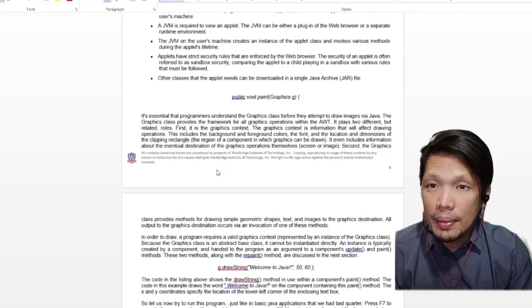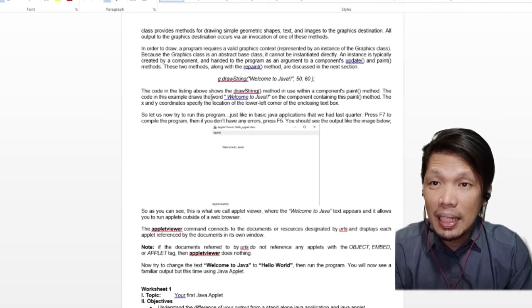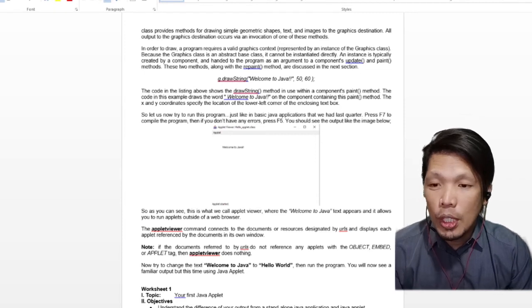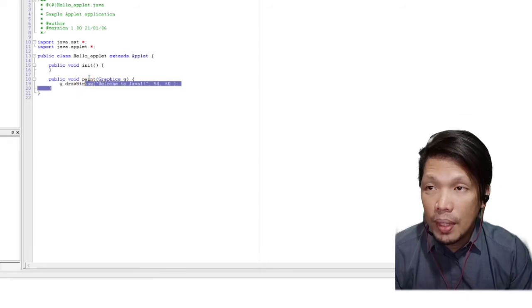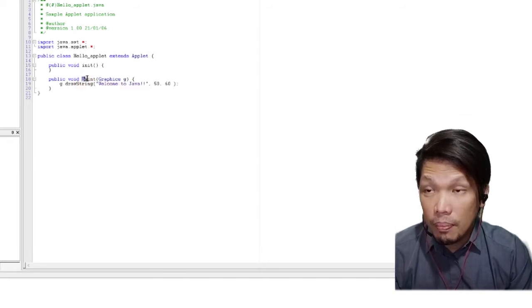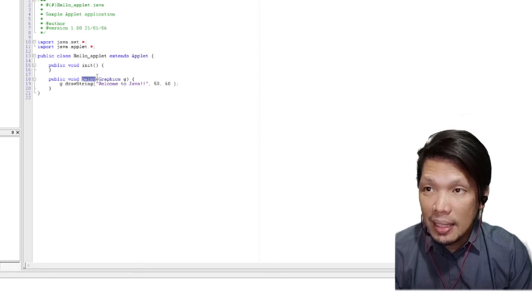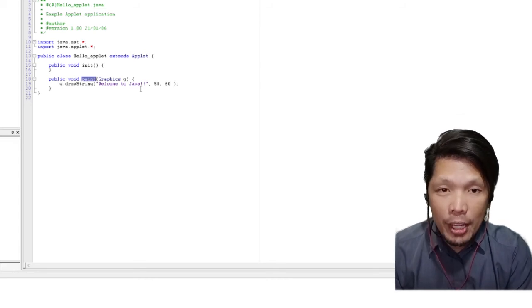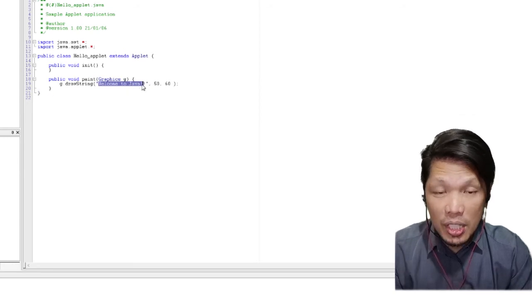Where is that? Here. This code in the listing above shows the drawString method in use with the component's paint. So it's more on the drawString and the paint. Since I said earlier, this is more on the objects to be inserted in our program, this works hand in hand to be able to achieve those outputs having objects. So we have here "Welcome to Java", which is the string